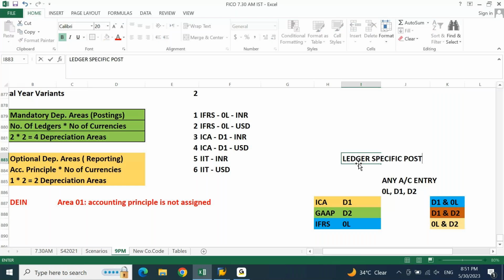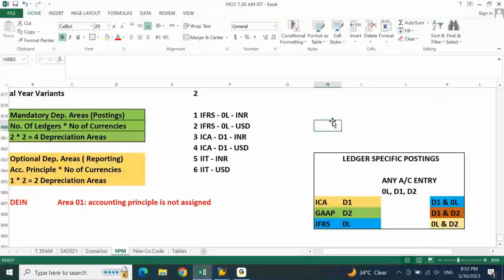When you talk about ledger specific posting, you are talking about posting an entry to a particular ledger. Your ledger specific posting can be a single ledger or multiple ledgers, but according to the system, it is called ledger specific posting. Am I clear? When I'm talking about ledger specific posting, I may post to a single ledger or to multiple ledgers depending on my requirement.